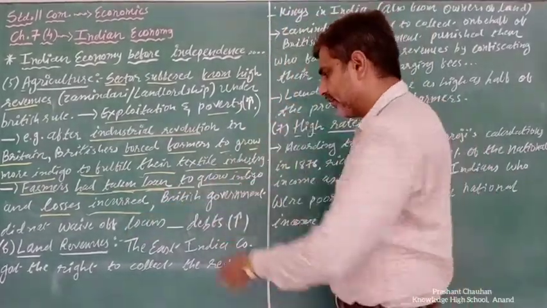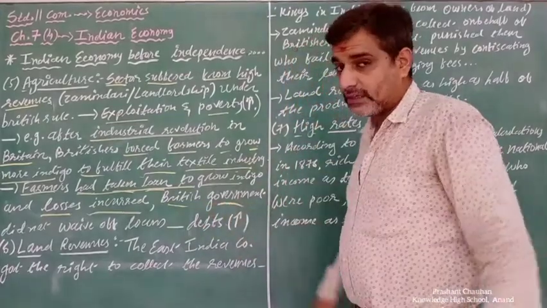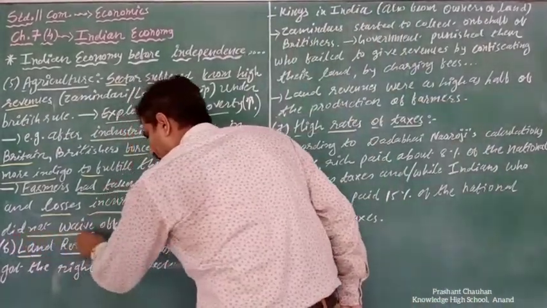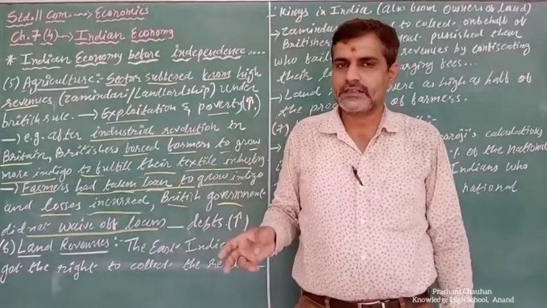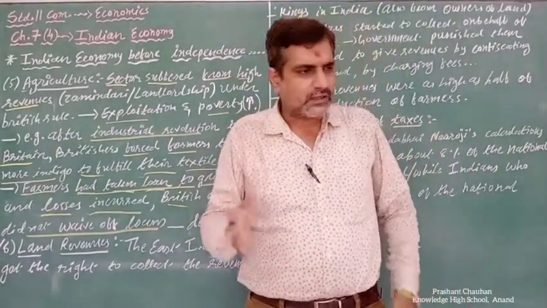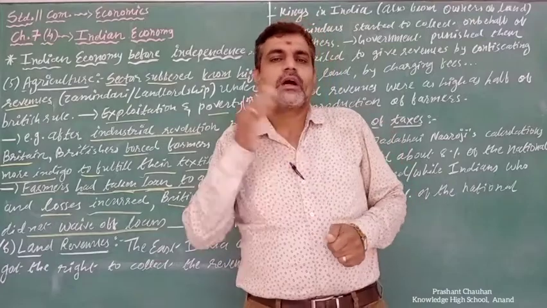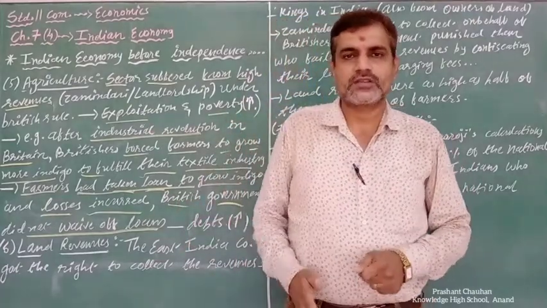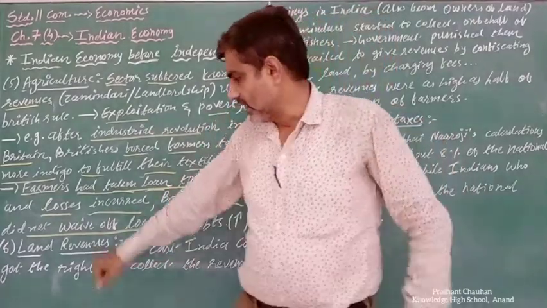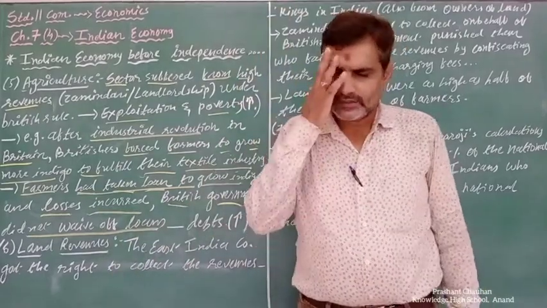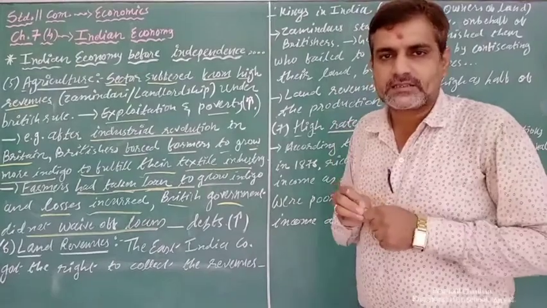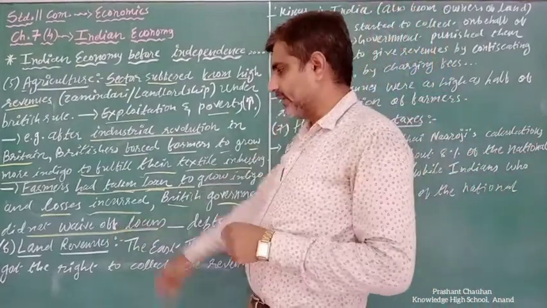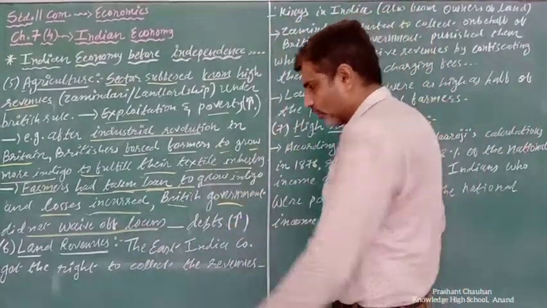व्हाट विल हैपन? ब्रिटिश गवर्नमेंट एट दैट टाइम ब्रिटिश गवर्नमेंट डिड नॉट वेव ऑफ द लोन्स. उनकी लोन वेव नहीं होती थी, उनकी लोन को कैंसिल नहीं किया जाता था बिकॉज मे बी एज पर द गवर्नमेंट रूल समटाइम्स इफ यू आर नॉट एबल टू पे द लोन्स राइट एज पर द सर्कमस्टेंसेस एंड एज पर द सिचुएशन गवर्नमेंट इज वेविंग योर लोन्स राइट. समटाइम्स दिस सिचुएशन क्रिएटेड बट एट दैट टाइम ब्रिटिशर्स they didn't pay the loans right.